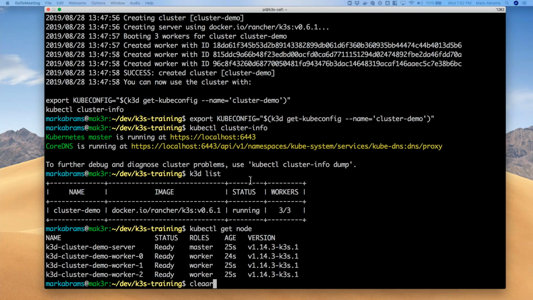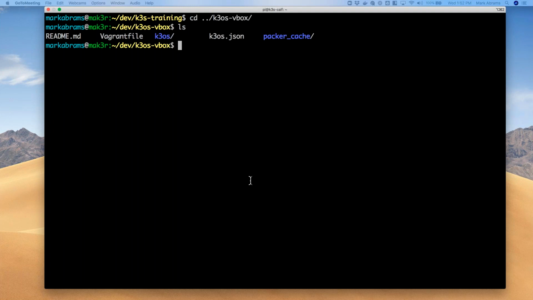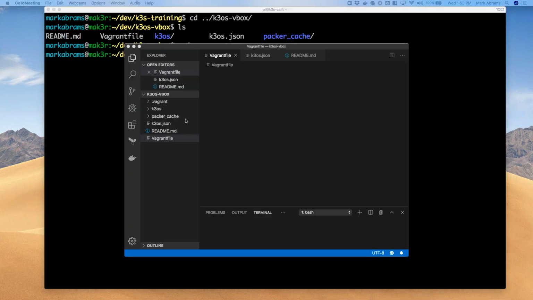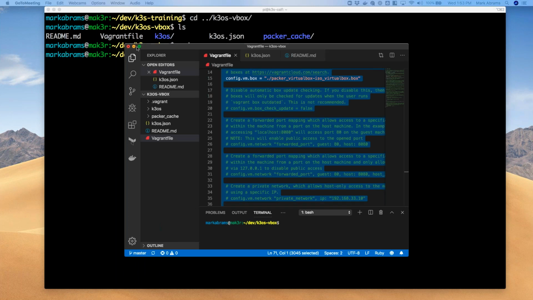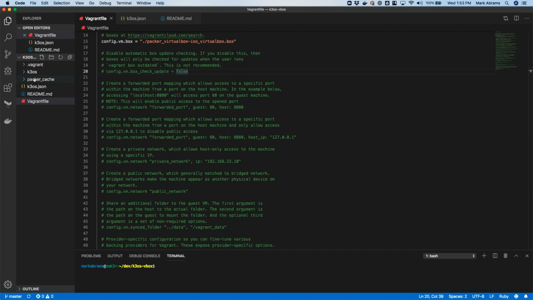So let's clean this up, and let's see, where do we want to go? VBox. So I have here, actually, let's just open this up. This may be a little bit harder to see, but there's a few files in here. So I'm going to start with